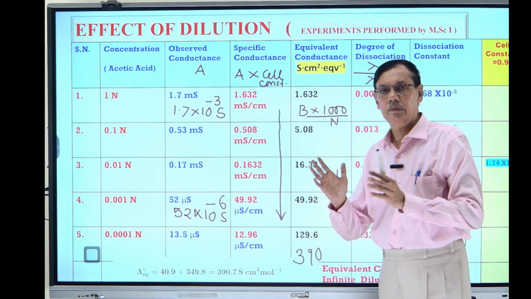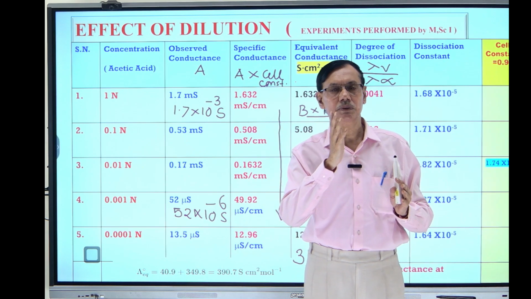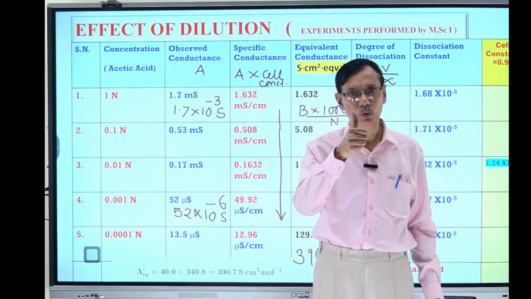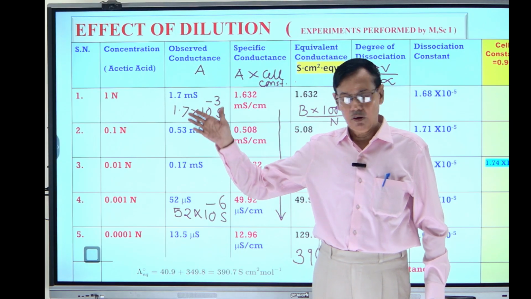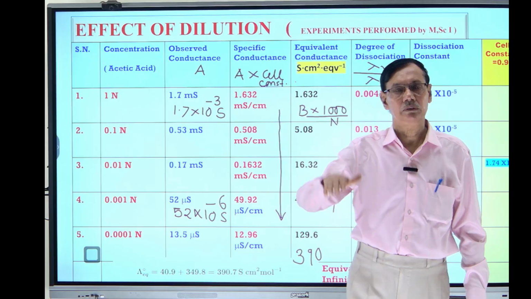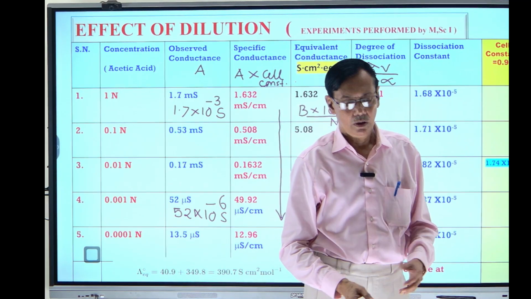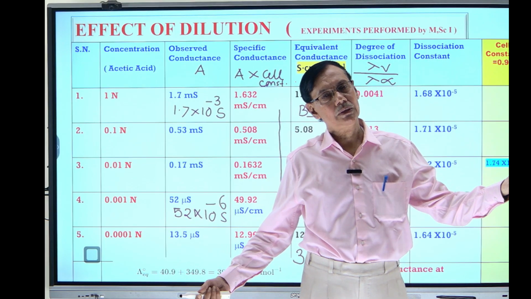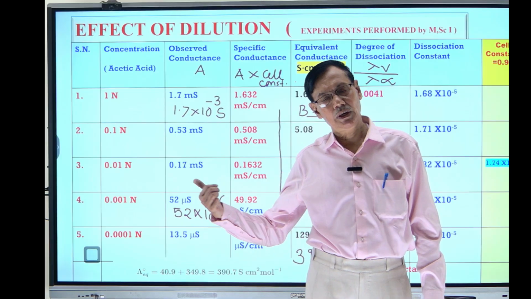Our objective today is to discuss the observed conductance, specific conductance, equivalent conductance, and what would be the effect of dilution. Now what is the thumb rule, can you see? Observed conductance, specific conductance decreases and equivalent conductance increases with dilution. And the explanation is very simple because we are talking about this